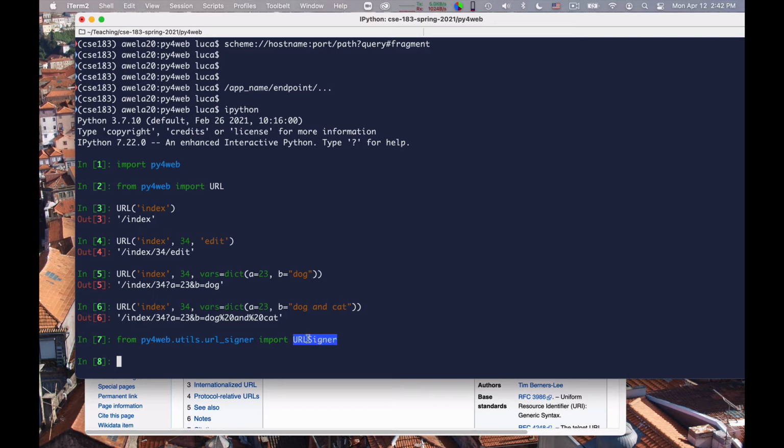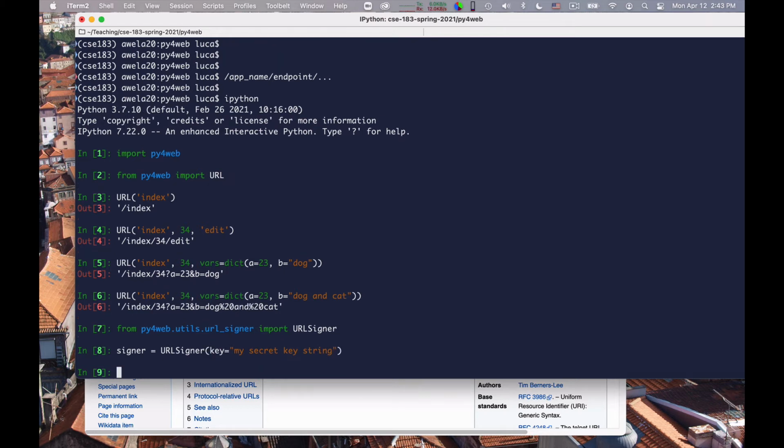This is a class, you have to build an object of that class. Normally you can just build it by passing the session as an argument, but in this case, because we are not in an actual web server, I'm simply importing the modules, I will need to give it a key. So I say signer is equal to URLSigner of key is equal to, and here I specify a secret string explicitly, so my secret key string.